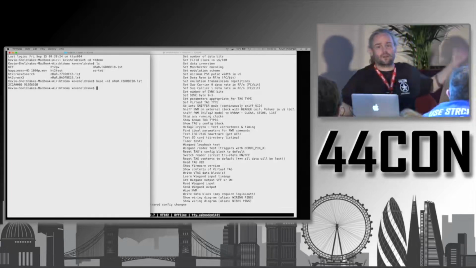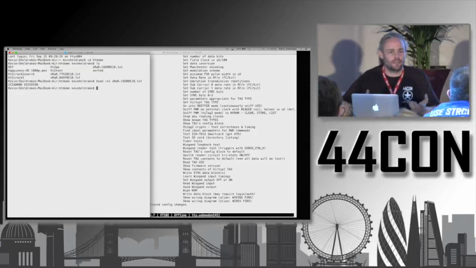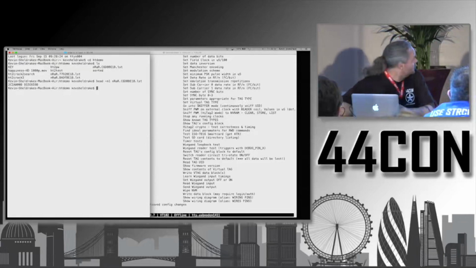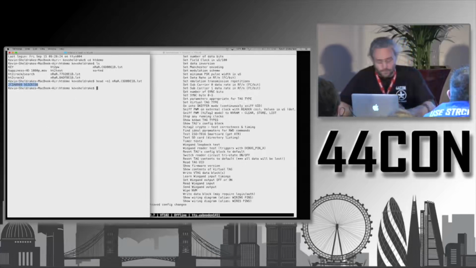So I've got files with captured encrypted nonces and challenge response values, which saves me having to do it live. Where's my mouse gone? There we go. So hopefully